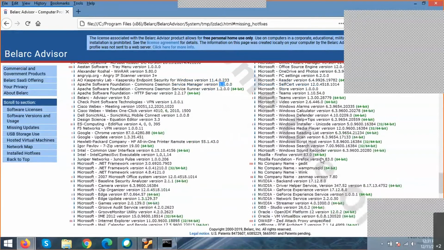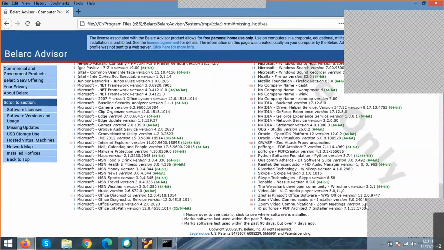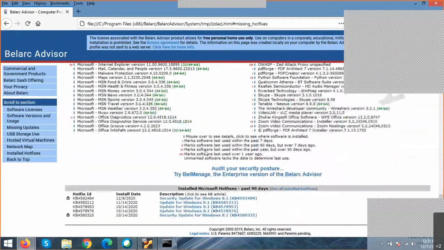So see here what exactly the softwares are there. A number of softwares are installed in my PC, but which is really needed for me? Which is needed for my installation?